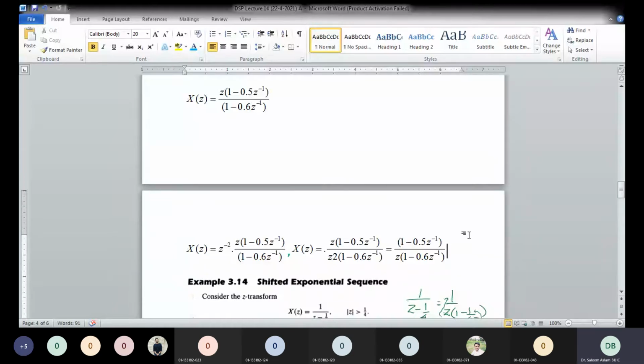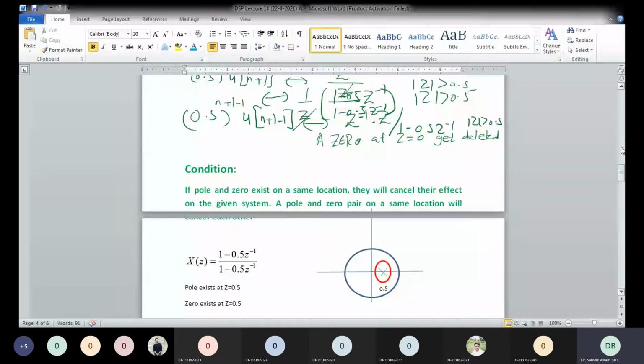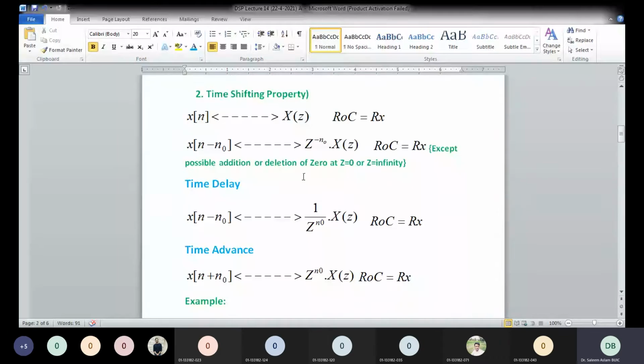ठीक है बेटा। Yes, sir. तो आपको समझ में आ गया कि what does it mean by except possible deletion and addition of 0 at z equal to 0 or z equal to infinity। ठीक है बेटा। तो अब इसको सिंपलीफाइड वर्जन में